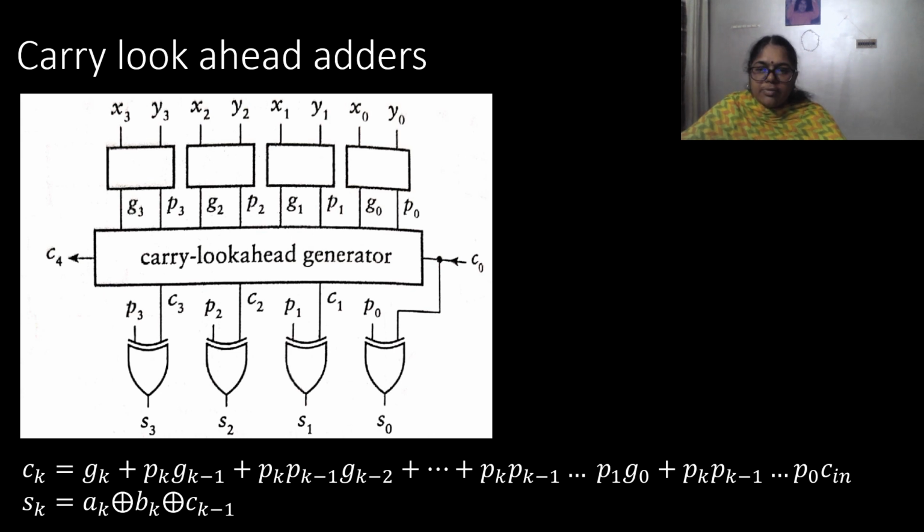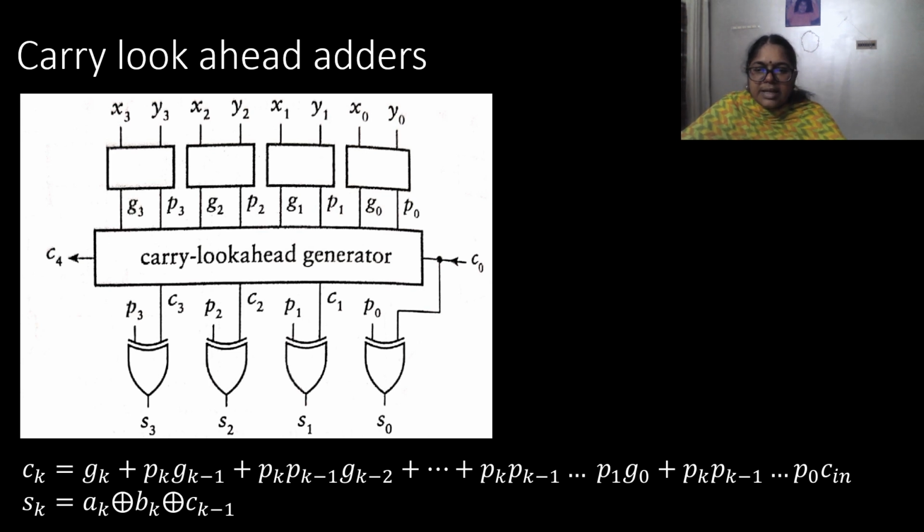The general block diagram of the carry look ahead adder is shown here, and the general expression for the carry output is also given, based on the previous expressions which we had derived. You can see that you have a carry look ahead generator to which G0 P0, G1 P1, G2 P2 and G3 P3 are given as inputs in addition to C0. Now we know P0, P1, P2, P3 are obtained by XOR operations of X and Y input bits. Similarly, G0, G1, G2, G3 are obtained by performing AND operations of the corresponding X and Y input bits.